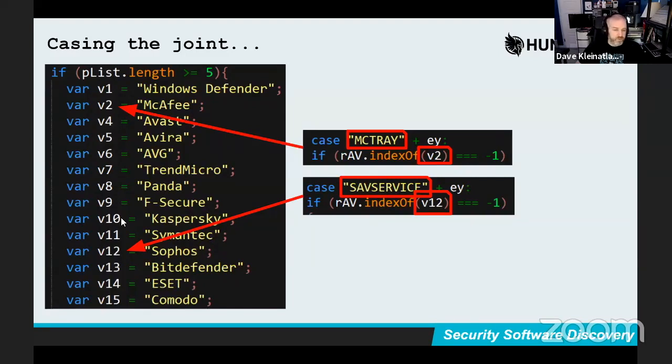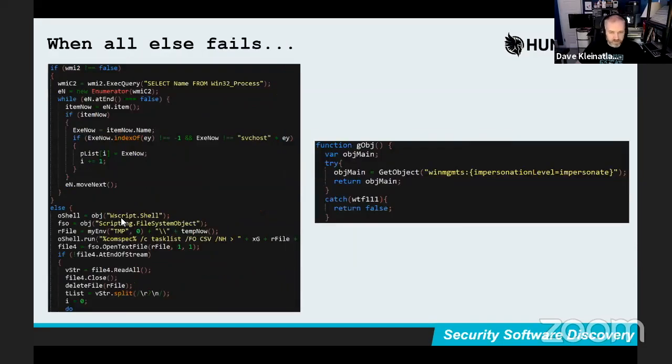These friendly names are for humans. The process and service names are for computers and scripts. But in this case, the attacker still wanted to be able to get a friendly name back about what antivirus was there, instead of having to remember what MC Tray or SAV service belonged to. So this is another chunk of the antivirus function, the enumerate antivirus function, and how the attacker can search those